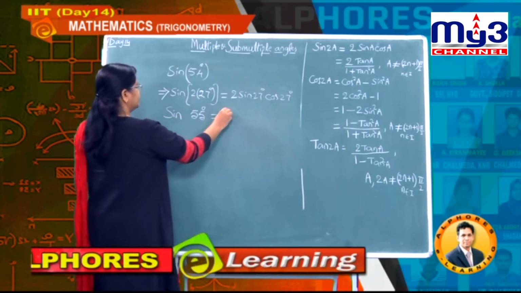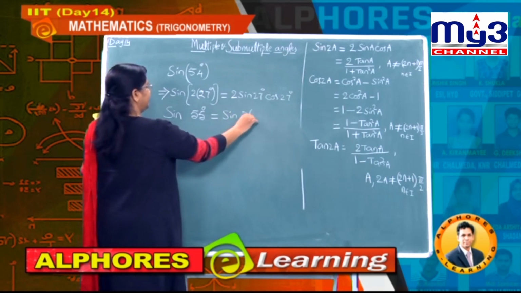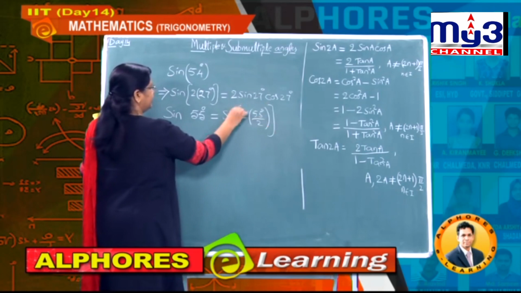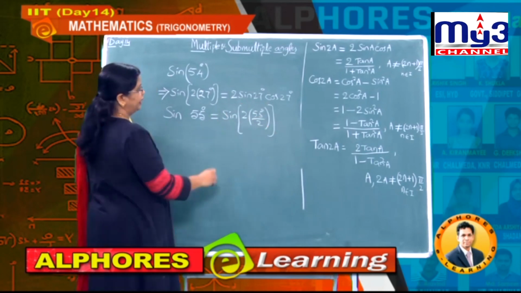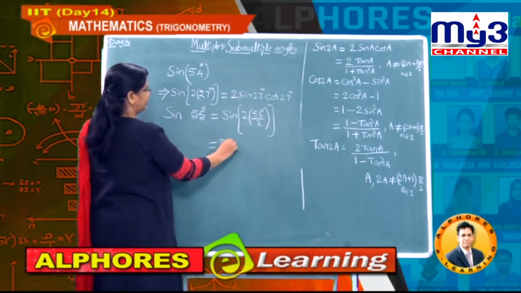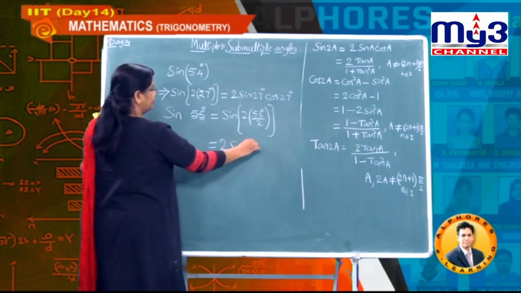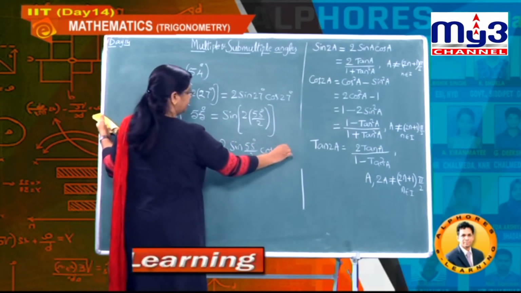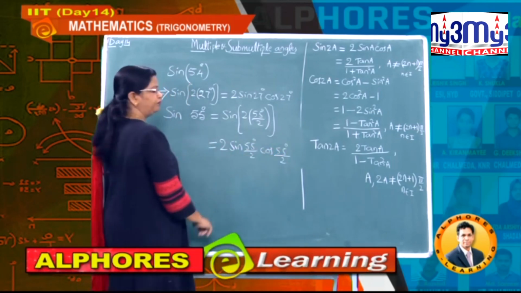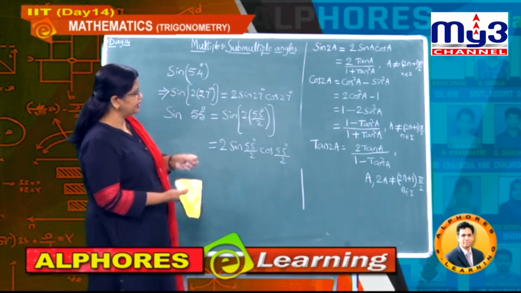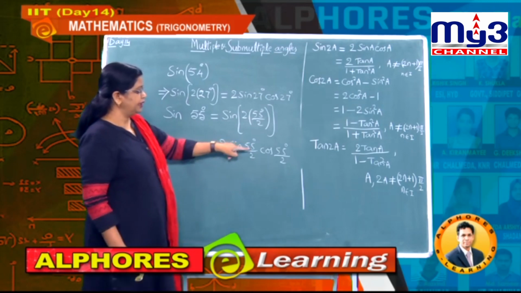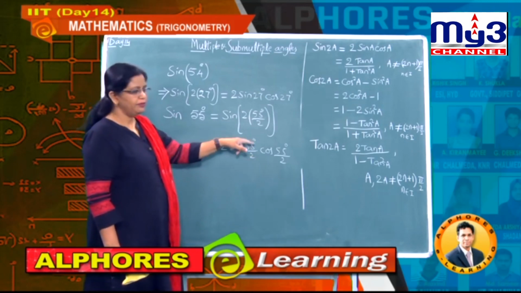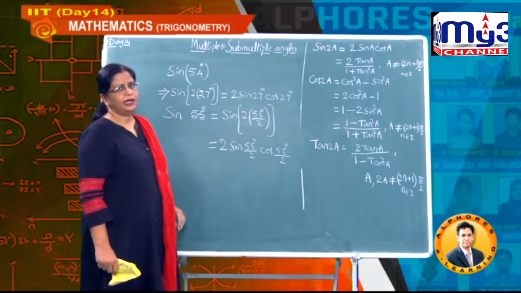Then how can I write now, as there is no multiple of 2 here? What we do is here, in sin, I multiply and divide by 2. Understand? So now this is your value. Then what is the answer you can obtain? 2 times sin 55 divided by 2 into how much? Cos 55 divided by 2. Understand? So here what is happening? To the angle you are dividing by an integer, therefore it became a submultiple angle.